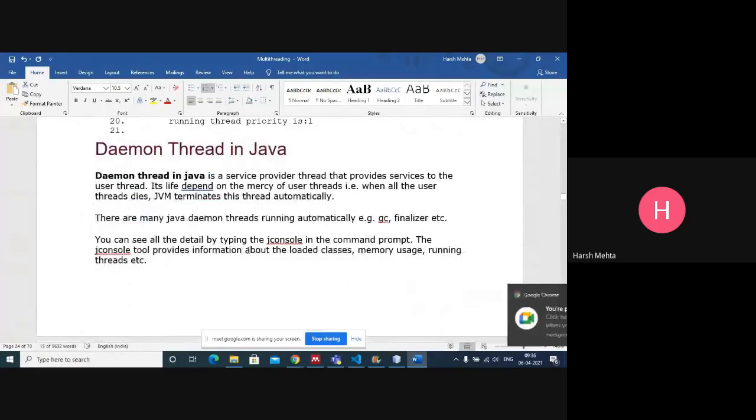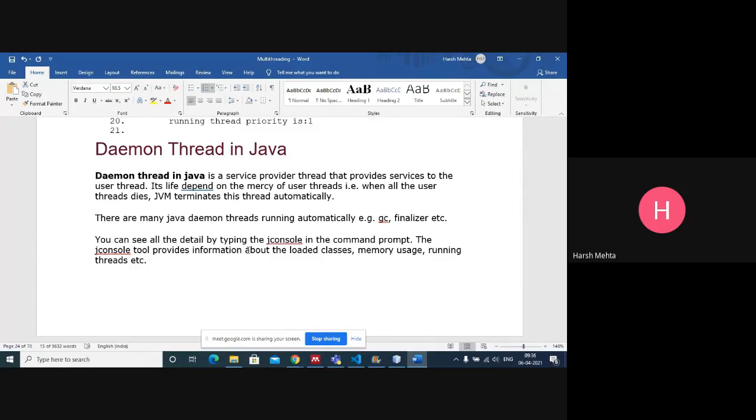Now, daemon thread in Java. What is daemon? Daemon in English means something that works in the background, invisible, something you cannot see, but it's there and working.